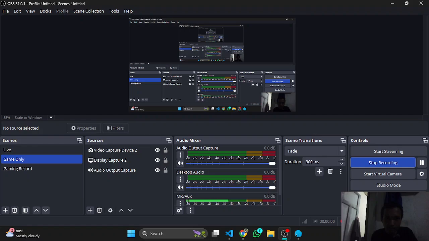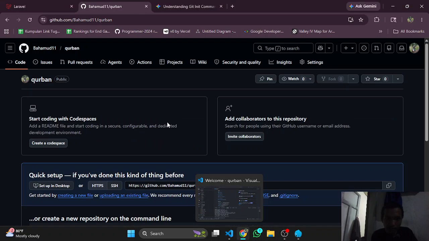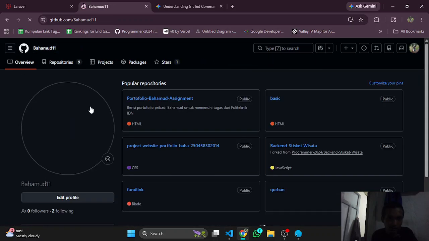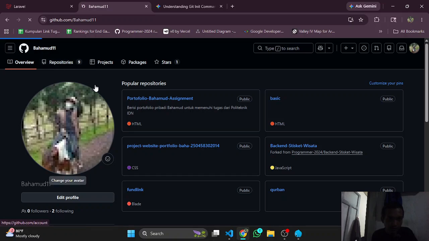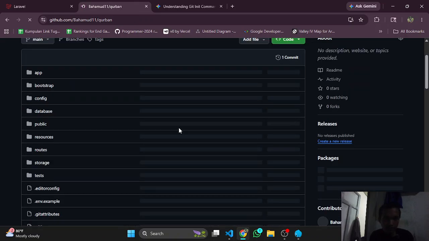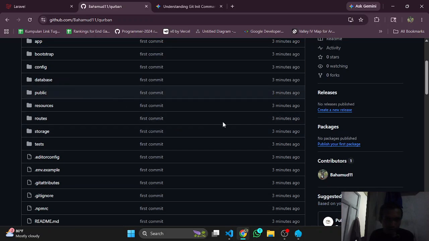Alright, let's check our repository here. Has it been uploaded or not? Repositories. Alright, it's already saved to your cloud server. If you click here, it's basically the same as your local project.